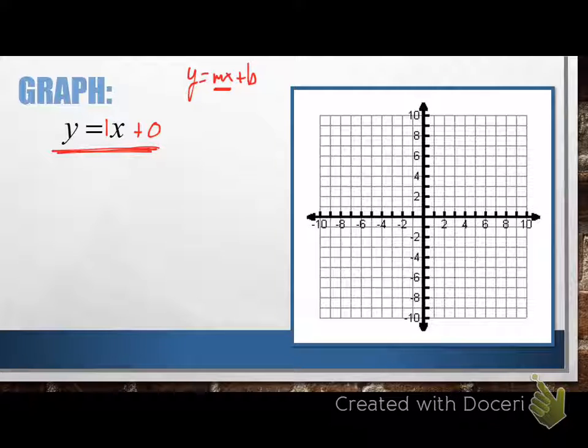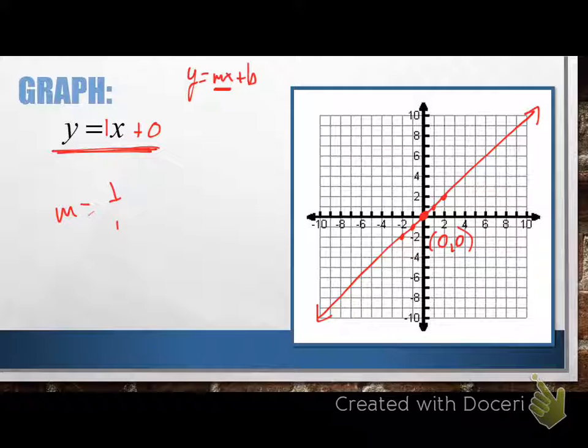So the moral of the story is if you don't see a y-intercept in the function, then the y-intercept is 0. So we start here at 0 on the y-axis, where the coordinates for that point are 0, 0. The slope is 1, or as a fraction, 1 over 1. So we can go up 1, right 1, up 1, right 1, or down 1, left 1. And draw a nice